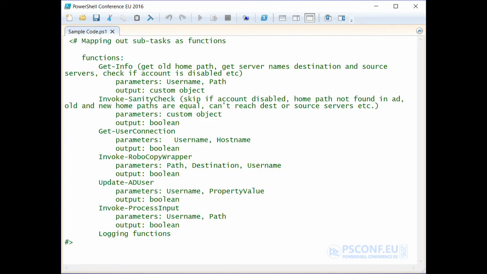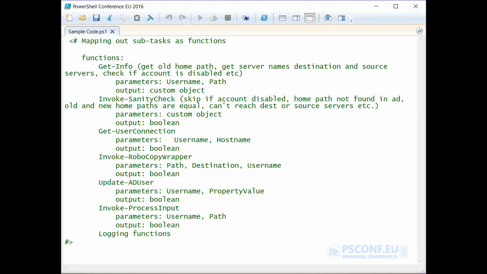And then we started on subdividing the tasks because we were two developers. We needed to divide the tasks between us, and working with a script, what better way to do that than to actually divide the task units into functions. So we just fleshed out the different functions that we knew we would need based on what we had done with the pseudocode, or the Visio in our case. And then these functions came out as something that we needed to use in our script.